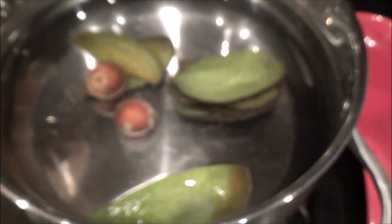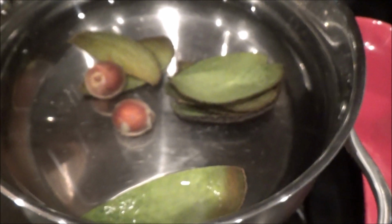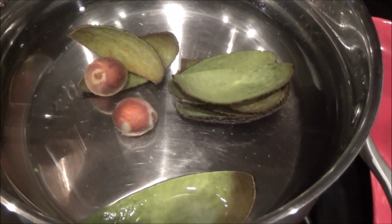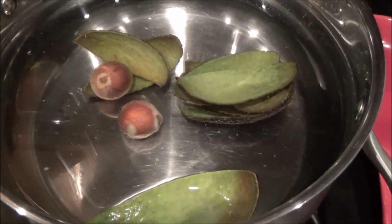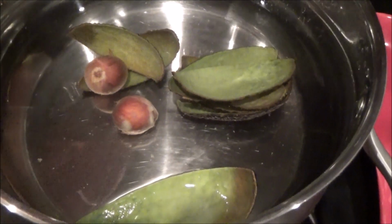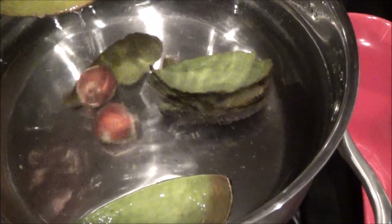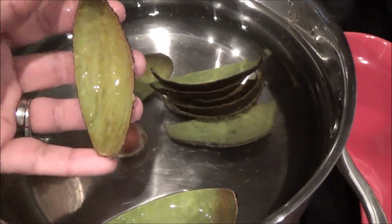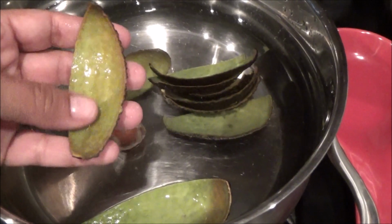Okay guys, so here it is. So the first thing that I do when I am going to do my avocado paper is, of course, the avocado. You need the avocado peels, and once you take the meat out and everything, what I do is